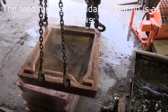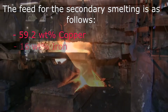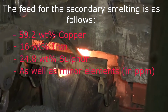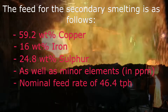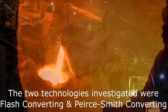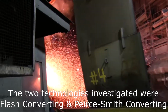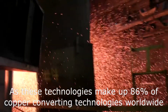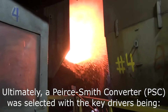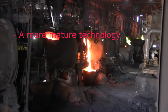The feed for the secondary smelting is as follows: 59.2 weight% copper, 16 weight% iron, and 24.8 weight% sulfur, as well as minor elements, at a nominal feed rate of 46.4 tons per hour. The 2 technologies investigated for processing the matte were flash converting and Peirce-Smith converting, as these technologies make up 86% of copper converting worldwide. Ultimately, a Peirce-Smith converter was selected with the key drivers being: it's a more mature technology,